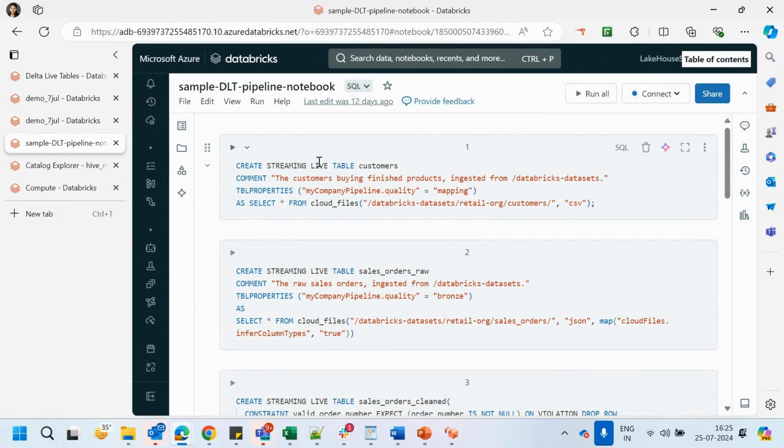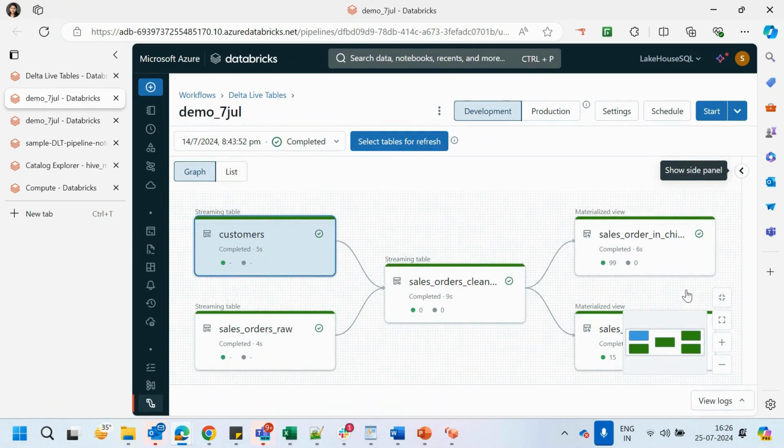In this notebook, I am first creating a few tables. So let me first show you how exactly it will look in the lineage, and then we will come to this and discuss it. So this is my pipeline that I've created. This I did not create. I created the notebook definition,